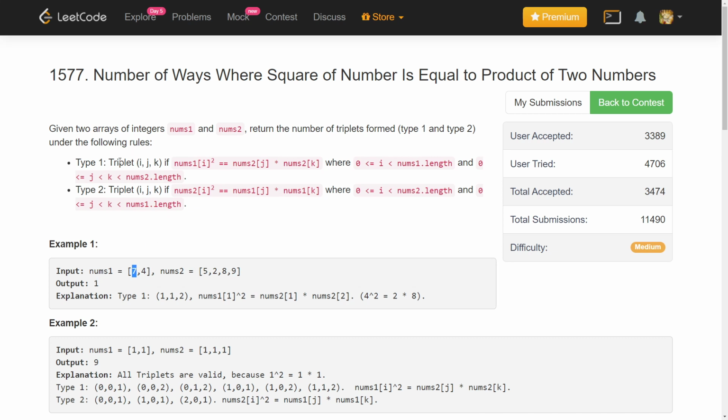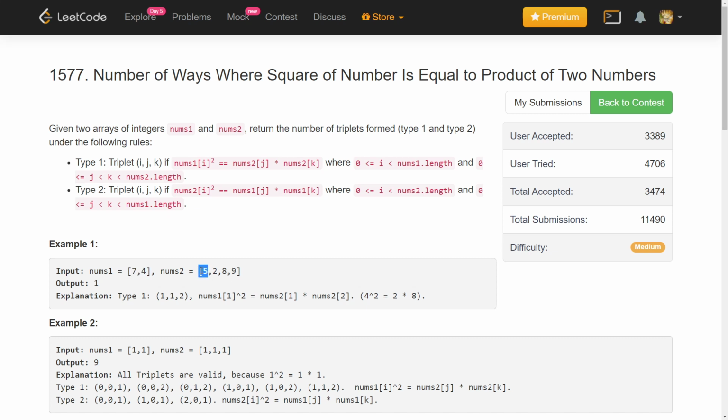So right now we are looking at triplets of type 1, where we are squaring the number in the first array. Then 4 square is 16, then we can have 2 into 8, right? So this is one triplet. Now if I look at the second, then 5 square is a prime, then we needed to have two. So for type 1, we had two options and 4 is one valid candidate. So right now the answer is 1. And then we will see if we have any type 2 triplet.